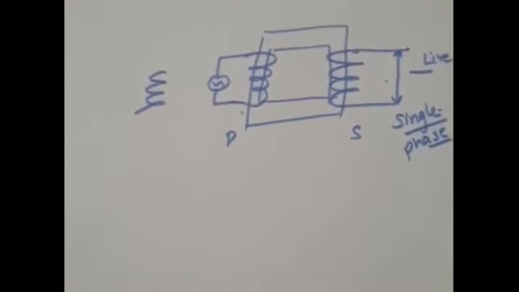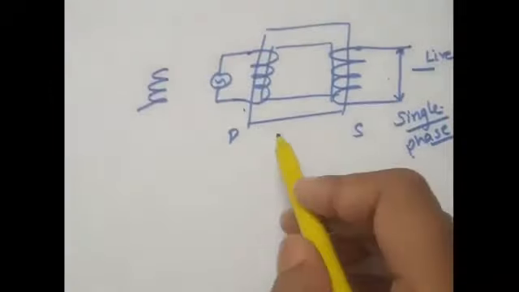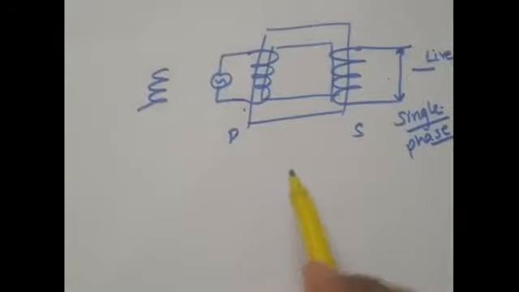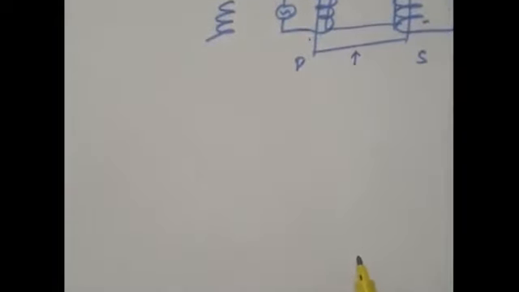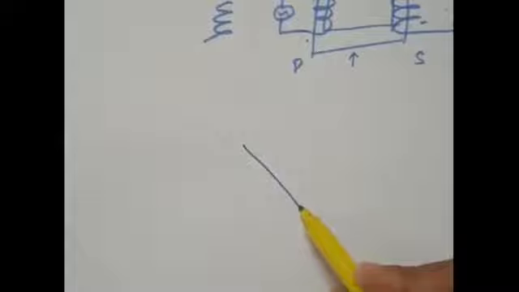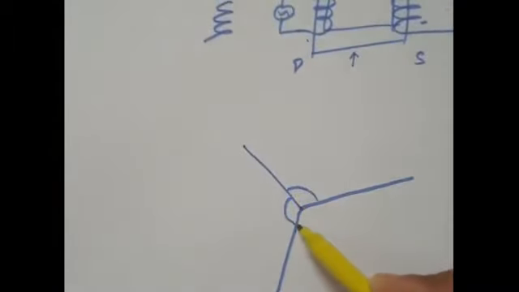If we talk about a three-phase transformer, it can be made in two ways: either we join three single-phase transformers to each other, or we make a three-phase transformer with an arrangement of three pairs of windings. The basic thing to understand is that we join three single phase transformers with each other at an angle of 120 degrees, so the angle between the three will be 120 degrees each.